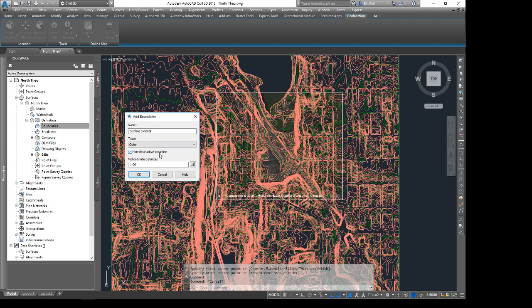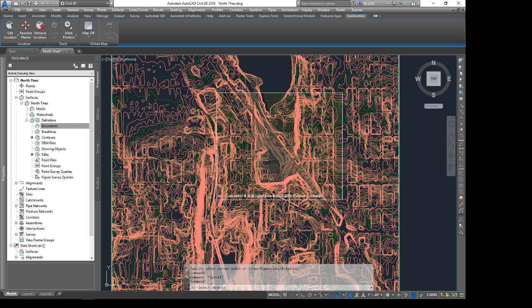Non-destructive break line, I'm going to leave that checked for now. Mid-ordinate distance, this would matter if I have any curves in the polyline that defines my border. In this case, it shouldn't have any effect, so I could leave it at 1 foot. I could drop it down to 1/10, but again, with straight edges, mid-ordinate distance should not be an issue. So I'll click OK. And then it's asking me to select an object. If I look at the command line, it says select object. So I'm just going to click on that polyline I drew, that rectangle,